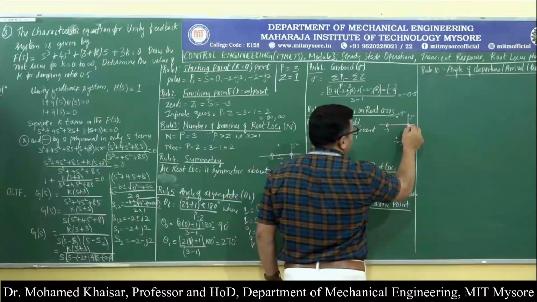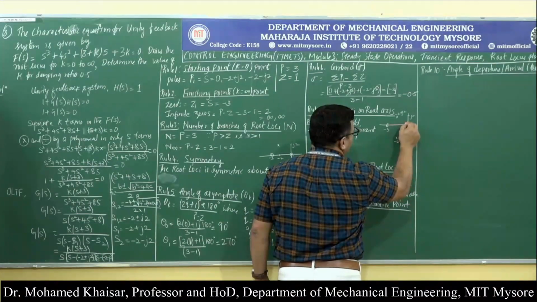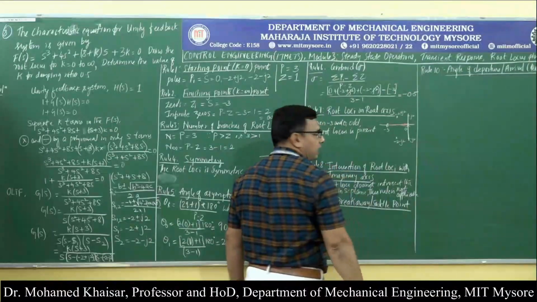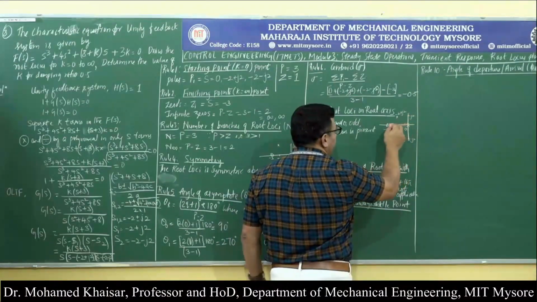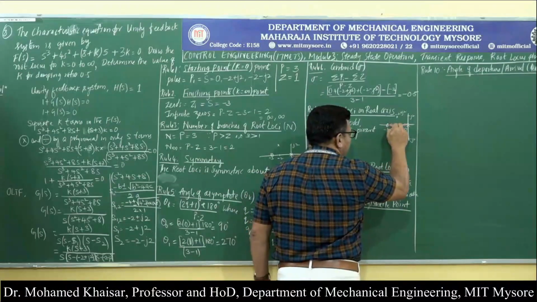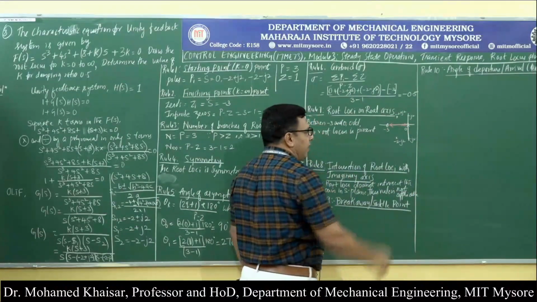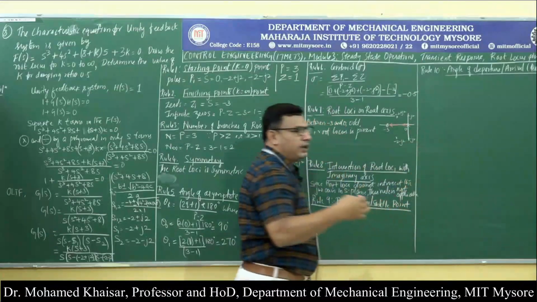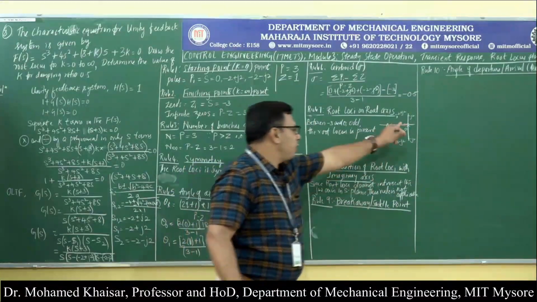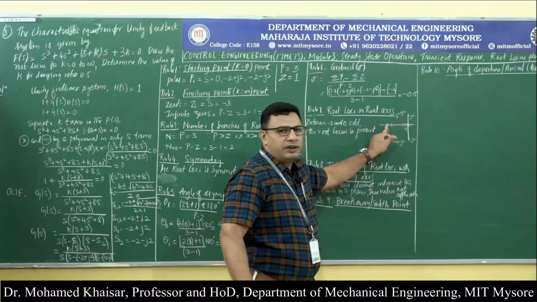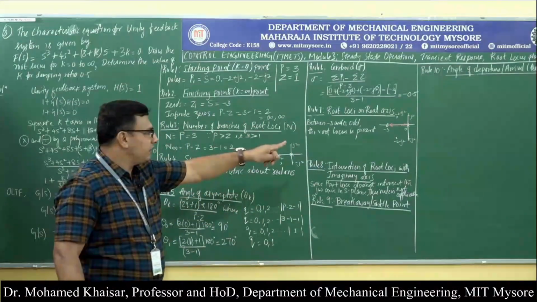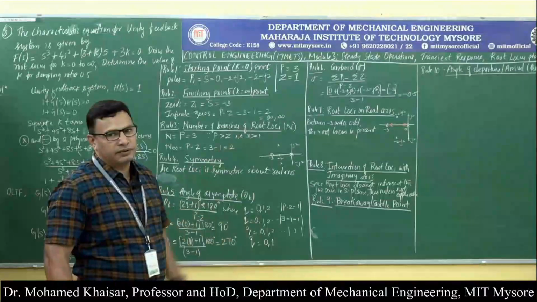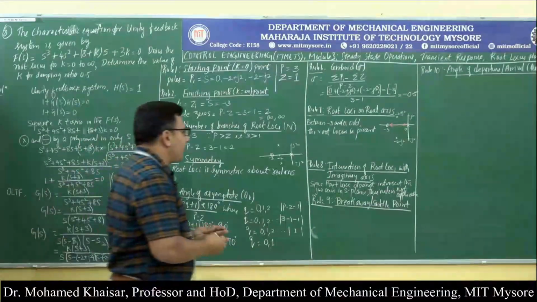Here itself you can see, this is a pole, obviously root locus will be leaving the pole. And this is a 0, obviously root locus will be terminating at a 0. So the arrow will be towards minus 3, and from 0 the arrow will be leaving, because that is a pole, it is a starting point, and minus 3 is a 0, that is a terminating point. So one of the branches has started at 0 and ended at minus 3, that is one conclusion.